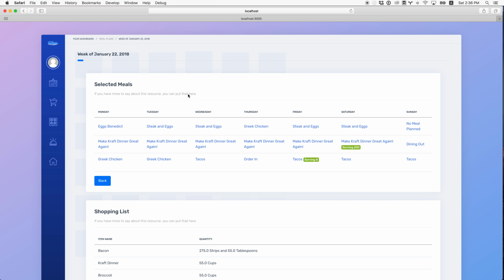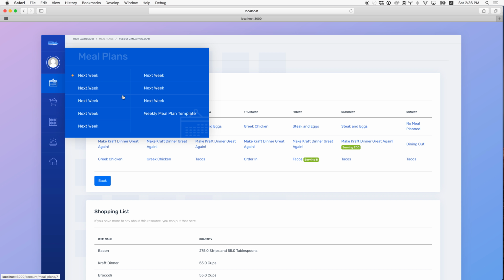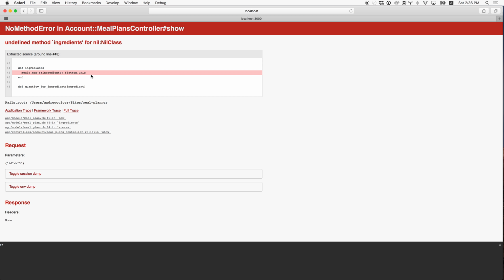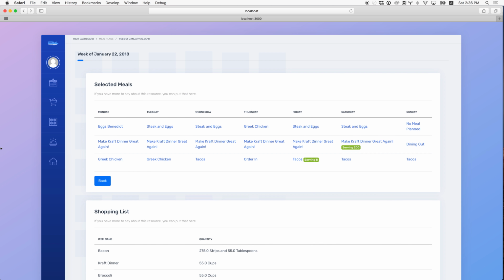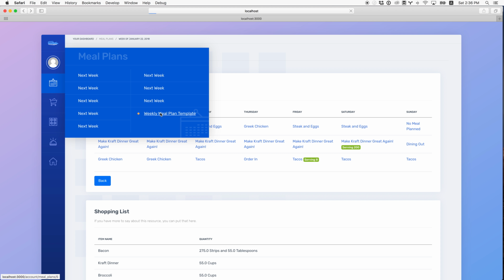All right, next, I have no idea how long this will take, but I would like to go through and clean up any of the forms that we have for editable resources. So I'm going to look at a meal plan here. Oh, whoops. That's some junk data. So if we look at a good meal plan,